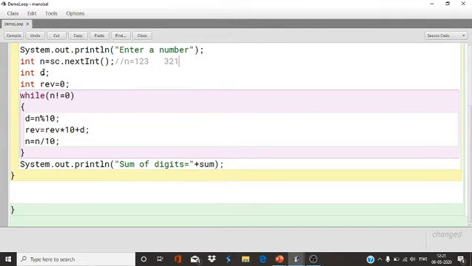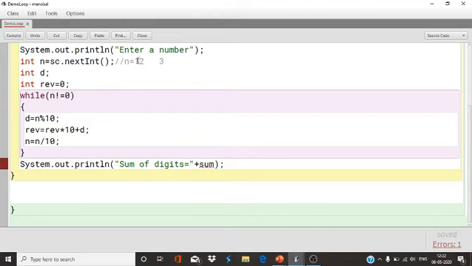Okay. So suppose D. Now the first remainder is 3. So 0 into 10 plus D. So 0 into 10 is 0, plus 3. So it will come 3. Now this 3 will be removed from here due to this statement. Now again it will find the remainder.